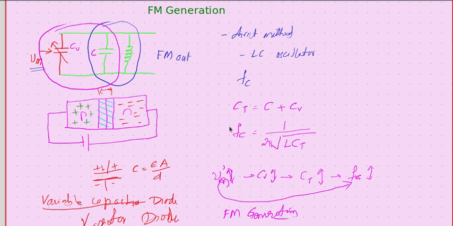And this variation in the capacitance, when added in parallel with our constant capacitance, makes the total capacitance keep changing, and this total capacitance is responsible for the oscillation frequency generated. And indirectly we can claim that because of such a diode, this whole circuitry behaves like a FM generator. So that's one way of implementing.